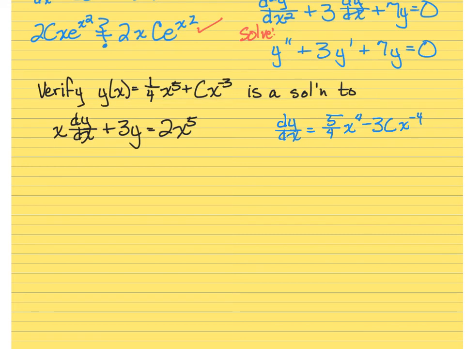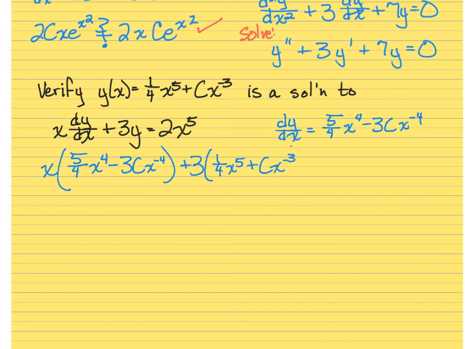So we have x times the derivative, 5/4 x to the 4th minus 3c x to the minus 4th, plus 3 times y, and of course y is 1/4 x to the 5th plus c x to the minus 3rd. And the question is, does that equal